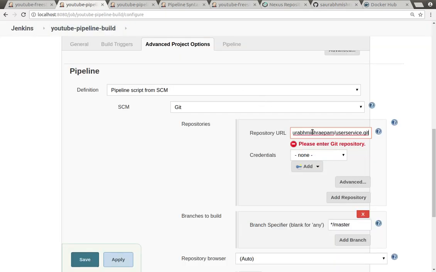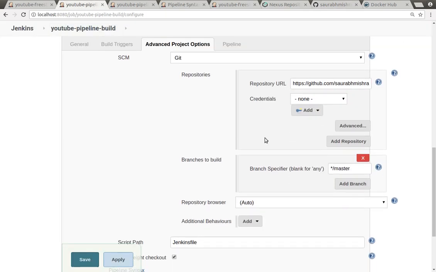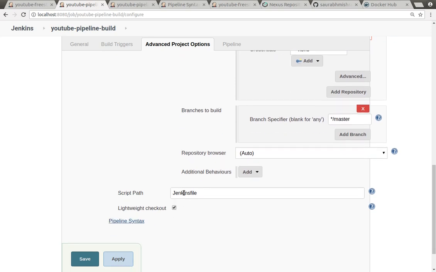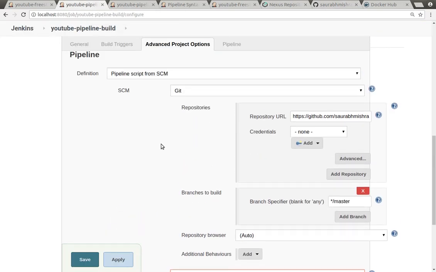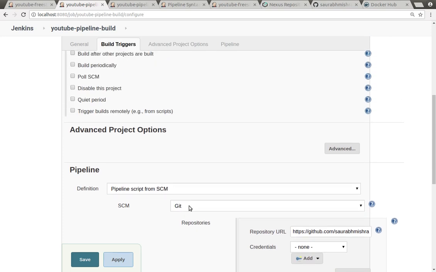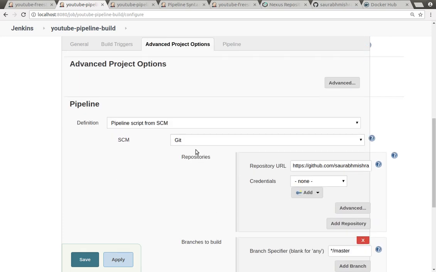It is very simple to do. You can see that this way I have configured that, and after that it will take that Jenkinsfile and do the build process. Whatever changes you make inside the Jenkinsfile will be modified inside your pipeline. You don't have to come here and make manual changes in your pipeline. So this is the best way of configuring.